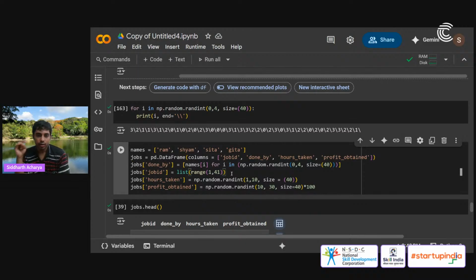Fine. So this list, range 1 to 41, creates a list starting from 1 and going till 40. 41 is excluded. So I have 40 jobs, and to each job I basically assign a random name chosen from this list. So if I just display